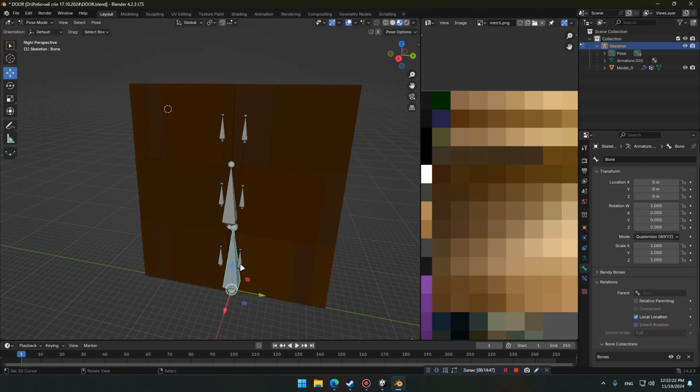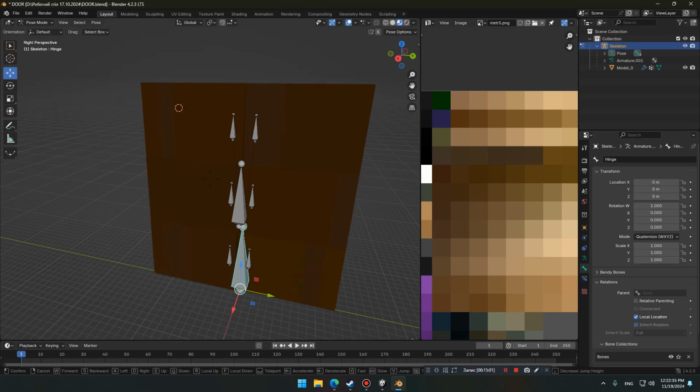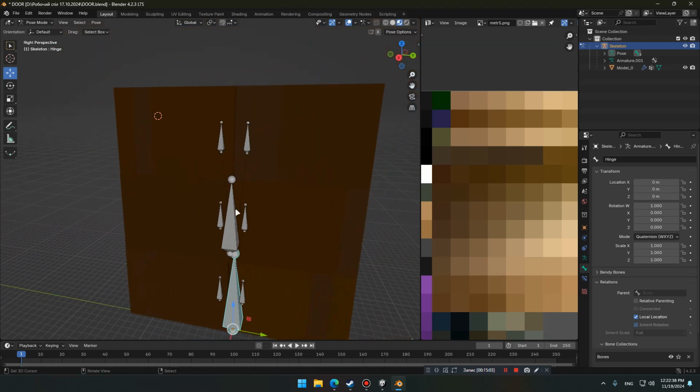Main bones have to have a name like hang. The other bones should have names like hang plus number. For example, hang 1, hang 0,